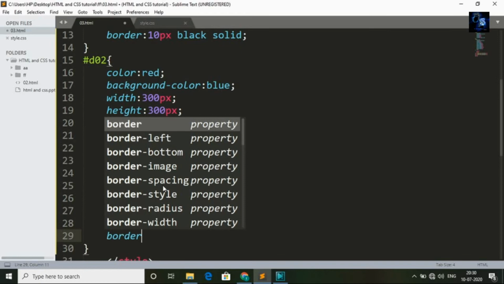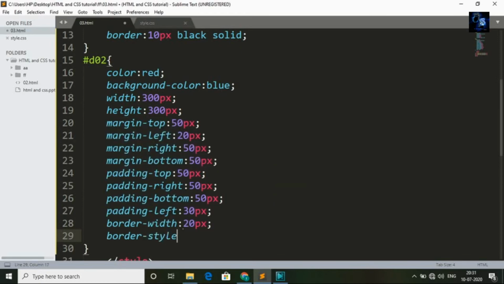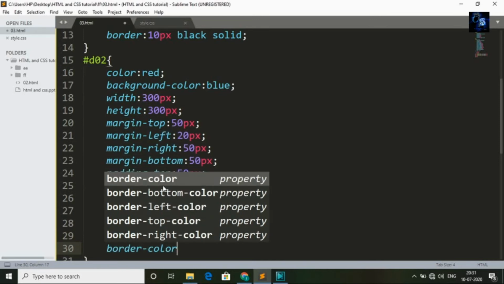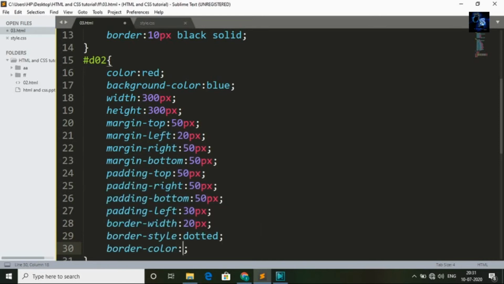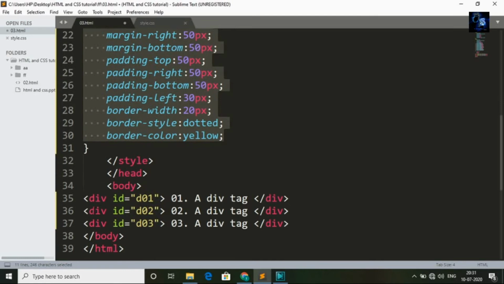Border style, I will give dotted, I want dotted style. And I will also give border color, I will give border color yellow. These are the different styles which I applied to this second tag.